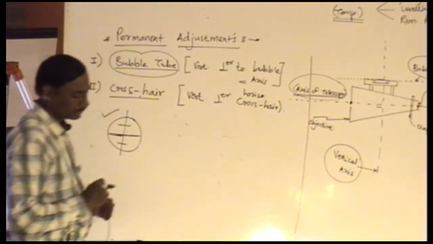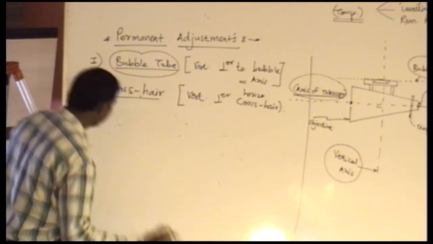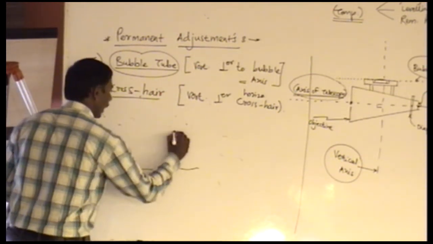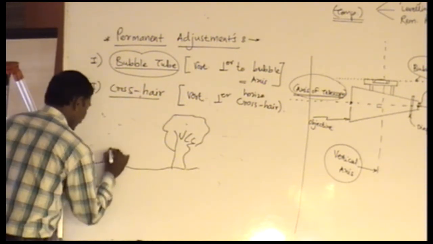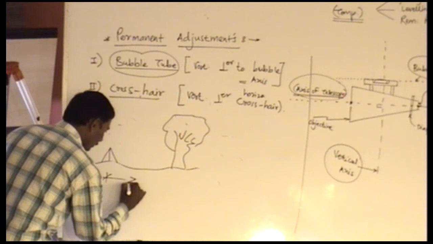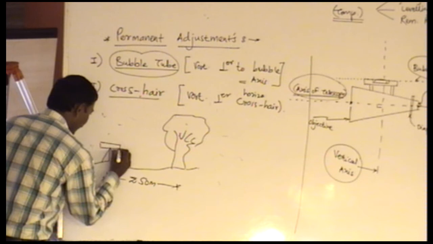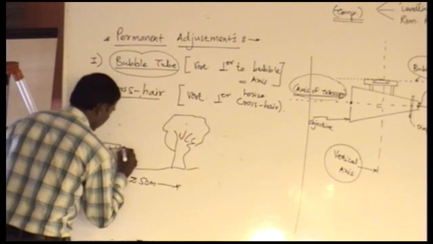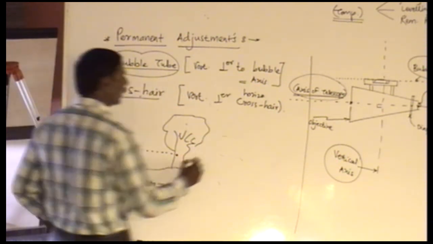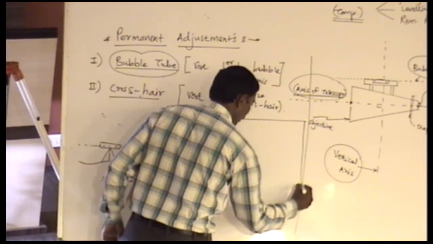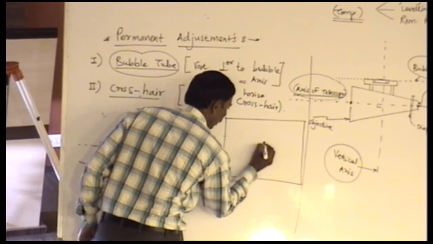How to check that? Usually what we are doing is, on the ground, you put the dumpy at such a position from any of the objects, say it can be a tree. Let us say a dumpy has been kept near about 50 meters distance, and all the temporary adjustments are carried out. So it is ready, it is exactly in the horizontal plane. What I will do is, I will mark one horizontal dot on the branch of that tree or on that object. Let us say this is that dot.